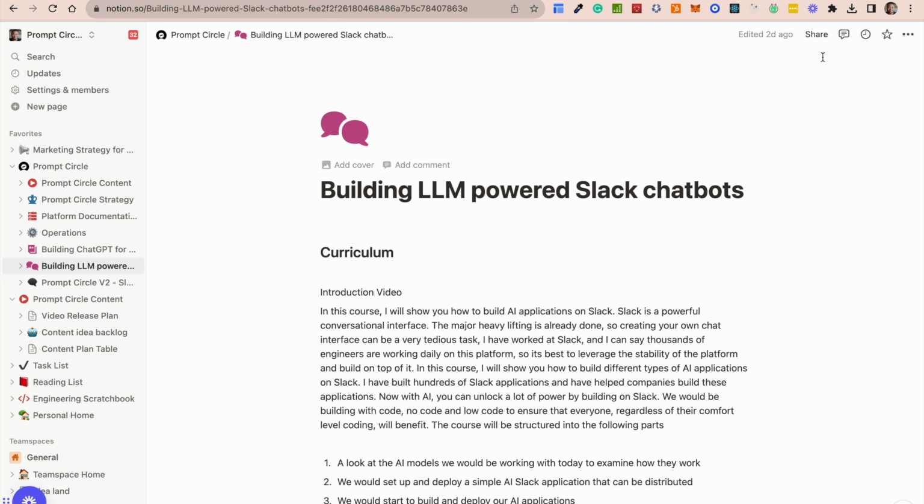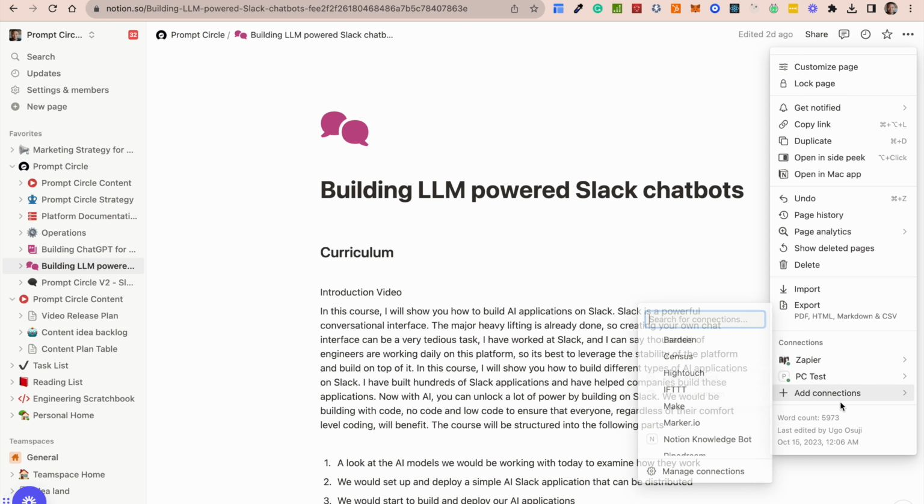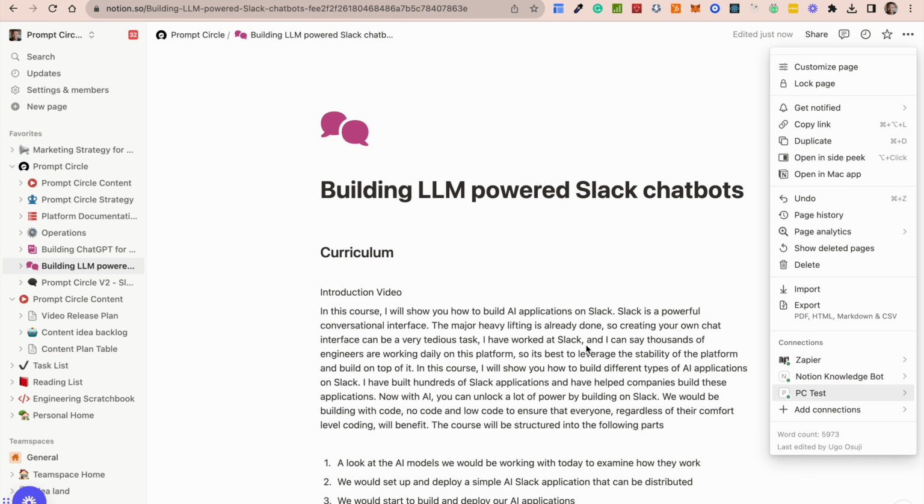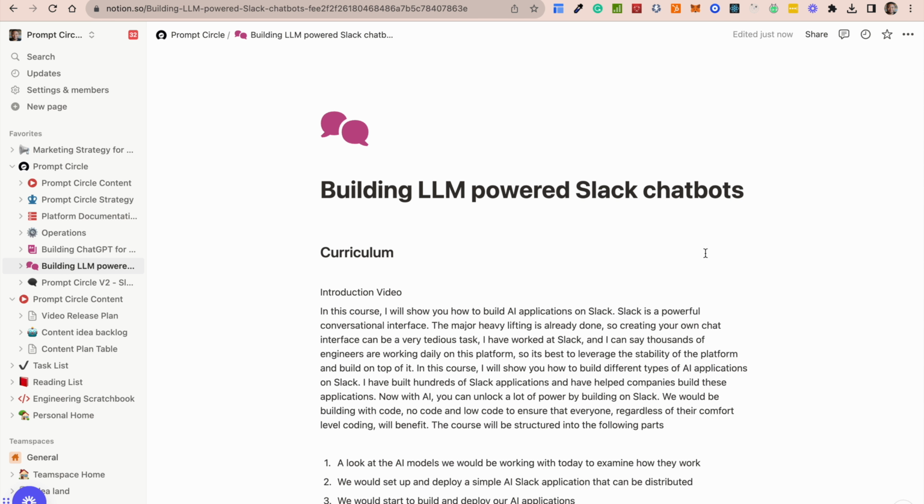And what I'm going to do is basically go to these 3 dots here and scroll all the way down, and you see where it says add connection. Now, when you go to add connection, you can see that we have our application here. So this is called the Notion Knowledge Bot, and we can just simply add that application. And once we confirm that, this means that our application now has